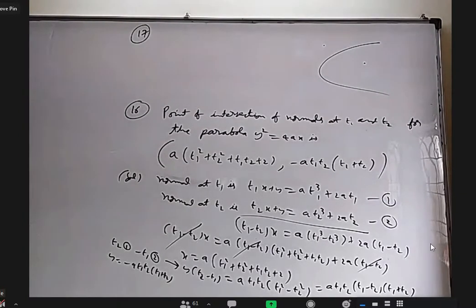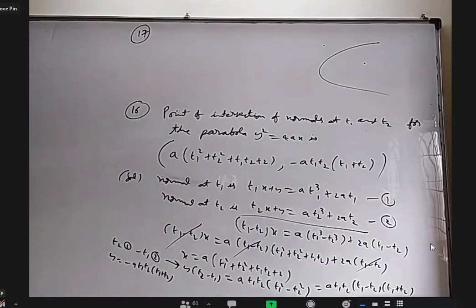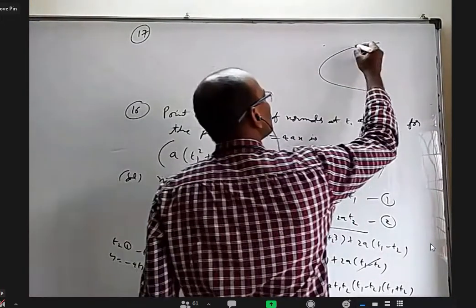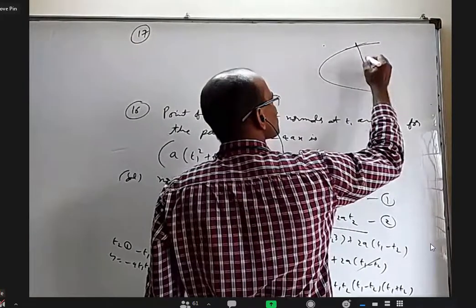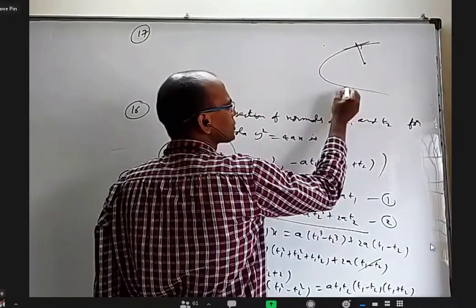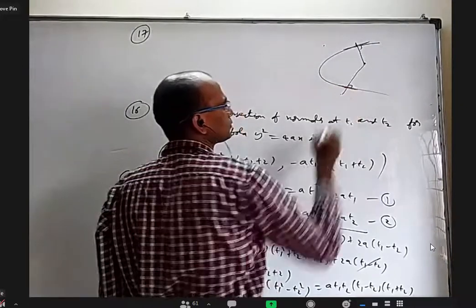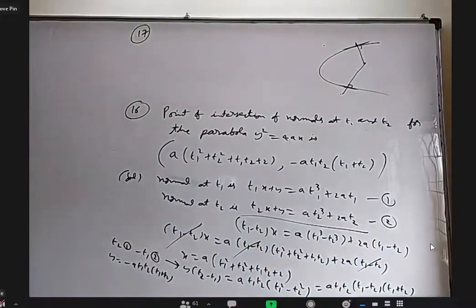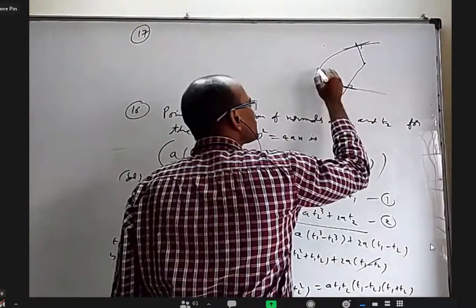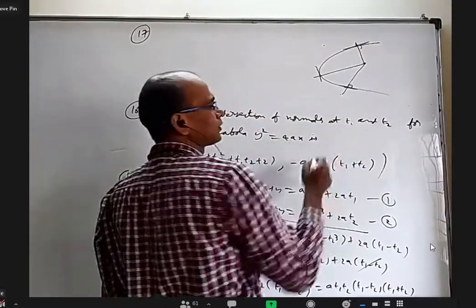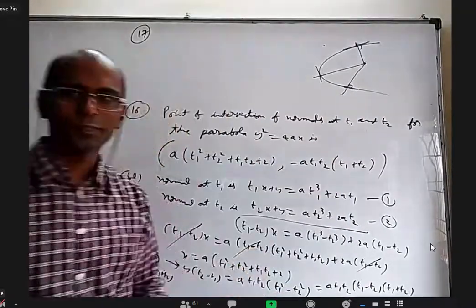Sir, only one. Are you trying to do it from the figure? Yes, sir. Okay. I think the figure I can adjust anything I want. I can show 2, I can show 3, I can show 4. Let us say here a normal passes through this. I'm sure somewhere here also a normal can pass through that. Right? I'm sure if I adjust it, somewhere here a normal passes through that. You want 4, somehow I'll adjust the figure somewhere.